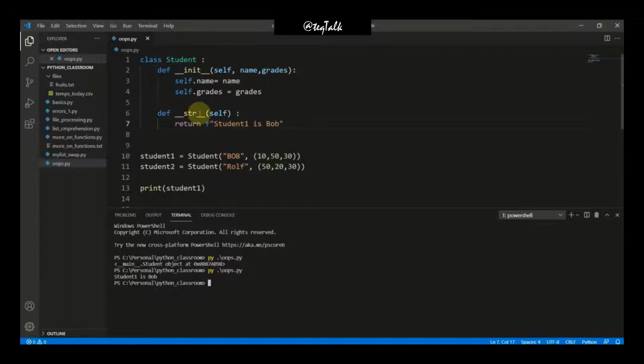So what is the use of str method here? That it can manipulate the object string itself.